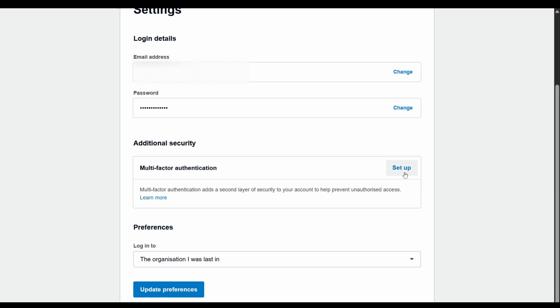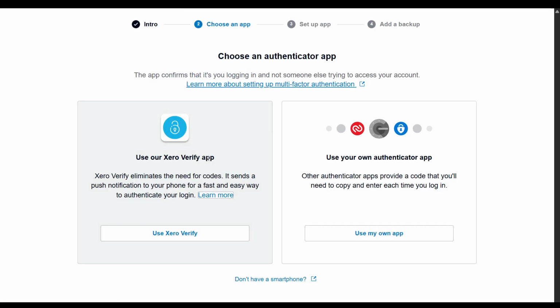Now you'll see the option to set up this additional security feature. You'll click on Setup, which will initiate the process of enabling two-step authentication. You might wonder which tool to use for this process. Well, fortunately, Xero provides flexibility in terms of app choices. You can use apps such as Authy, Google Authenticator, or even Xero's own app to verify your identity each time